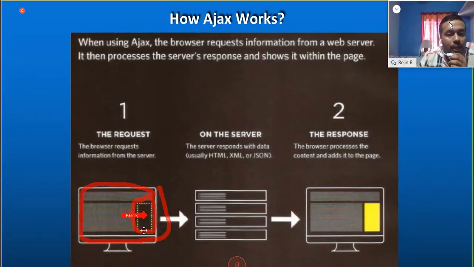So what we can do is, an Ajax request will be sent to the server requesting the corresponding value for that portion. Then, on the server, the server fetches that data, the maps of the corresponding place, and that particular information will be sent back to the web page. So the web page doesn't need to refresh the entire content. Only that portion can be loaded. So that is Ajax.